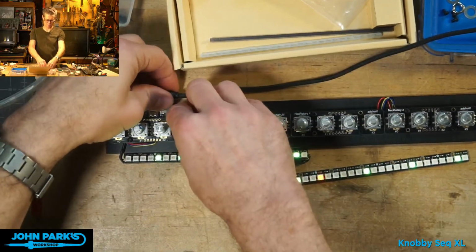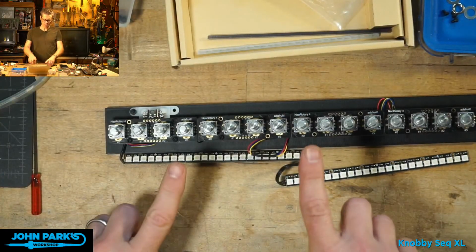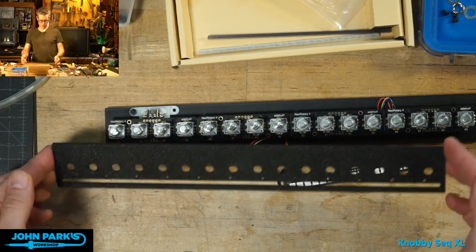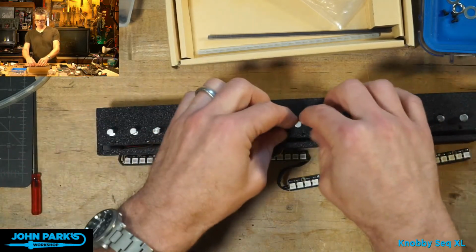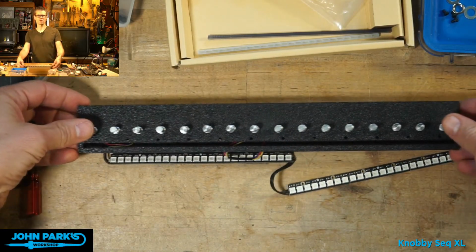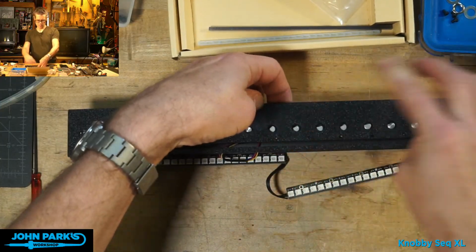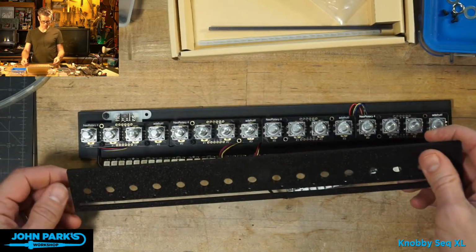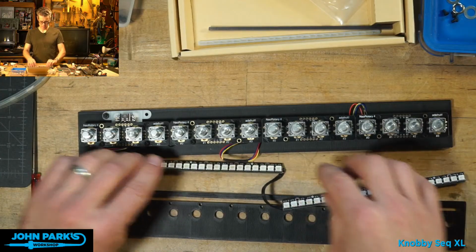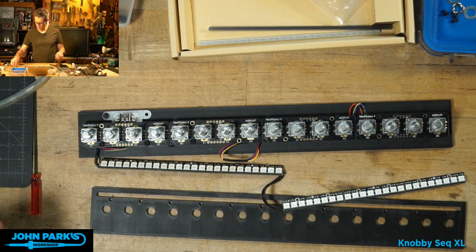I'm going to take power off of there, and now we will carefully and gingerly attach these to this. So I think this should work with this orientation. Might need a little finagling there to pop those in, but there we go. Before I pop those on there, though, we want to screw in the NeoPixel strips. And to do that without breaking the little emergency repair soldering job there, I'm going to thread